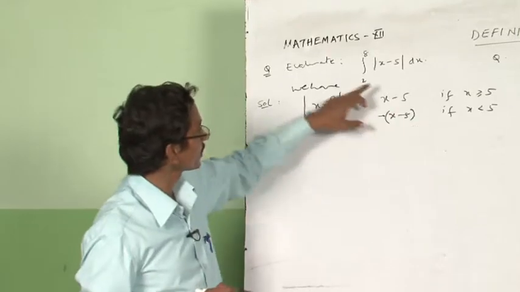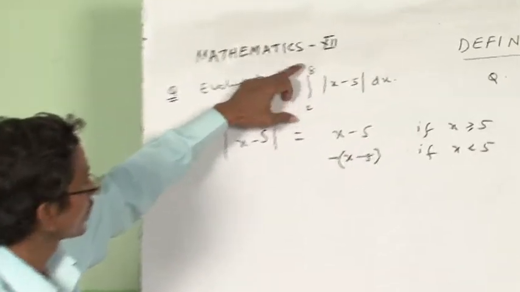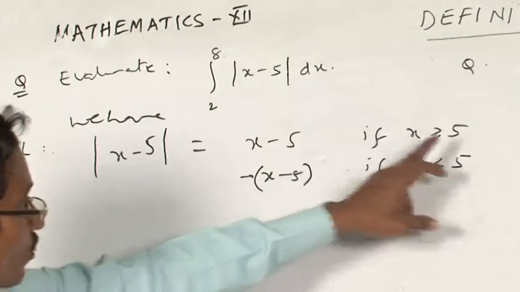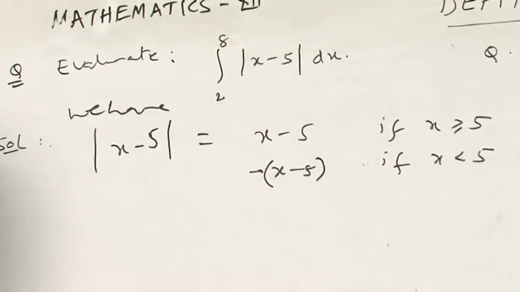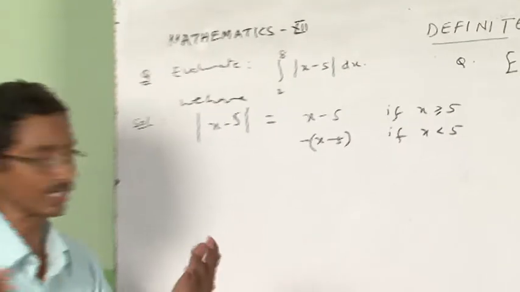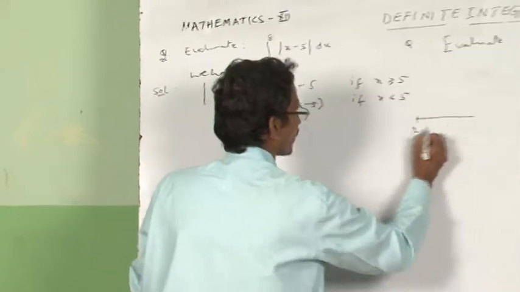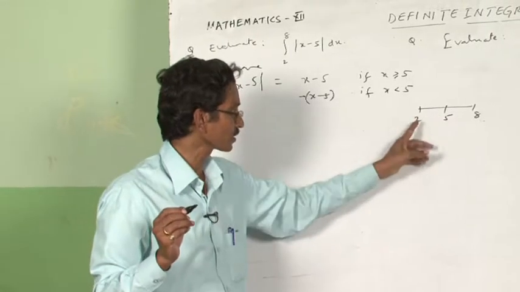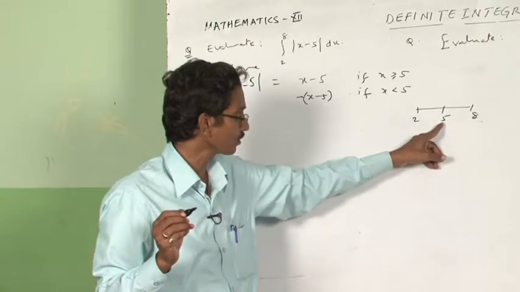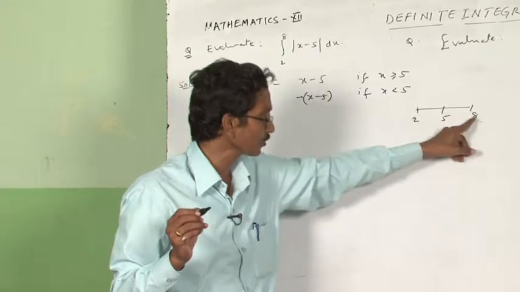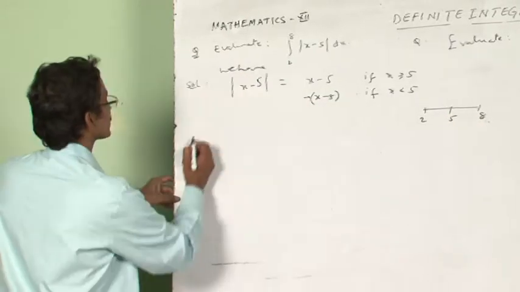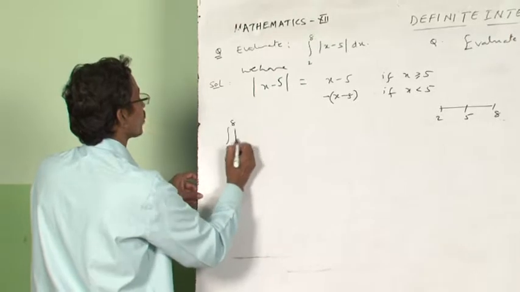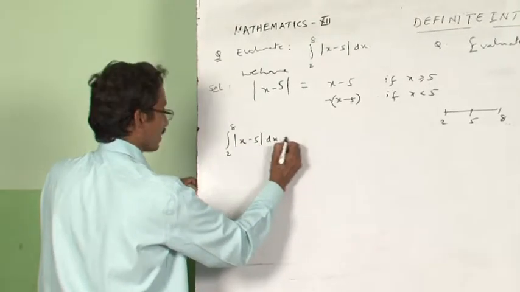Now, look here, the integral is given from 2 to 8. It means 5 falls between 2 and 8. So, we can split this integral into the sum of two integrals, integral 2 to 5 f(x) dx plus integral 5 to 8 f(x) dx. So, I will write integral 2 to 8 modulus of x minus 5 dx as integral 2 to 5